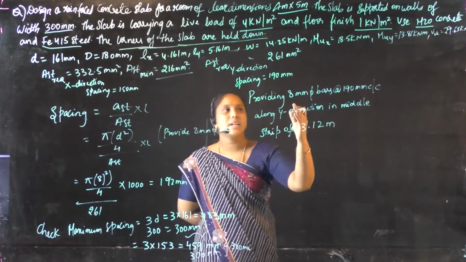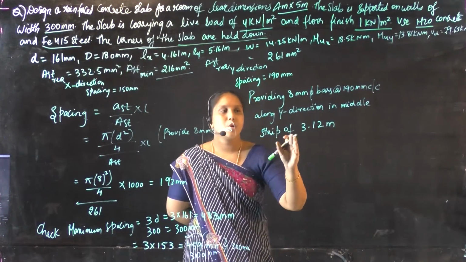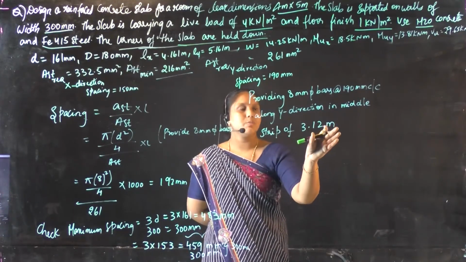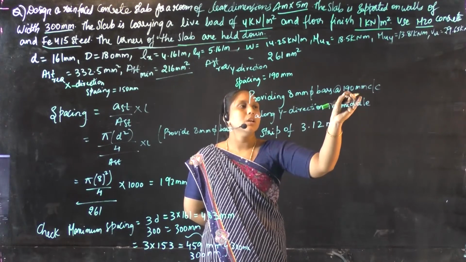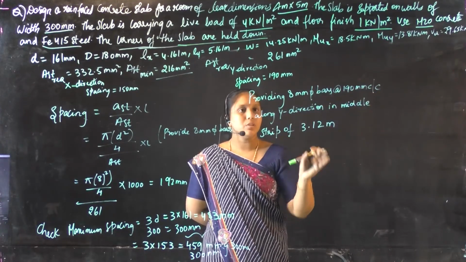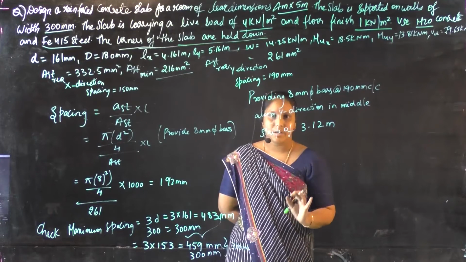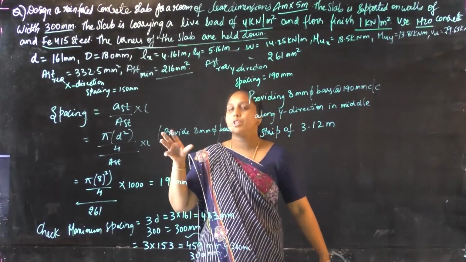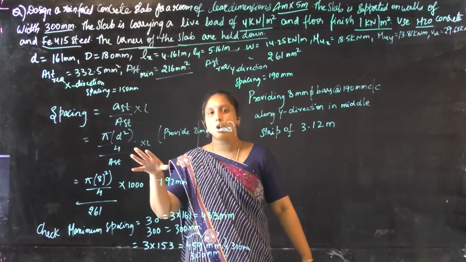So we have already calculated the width of the middle strip, which we got as 3.12 meters. So in this middle strip, we are providing 8 mm diameter bars at 190 mm center to center along the y direction. Now we have calculated for the middle strips the reinforcement required along the x direction and